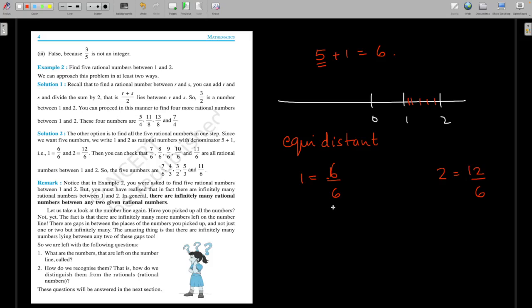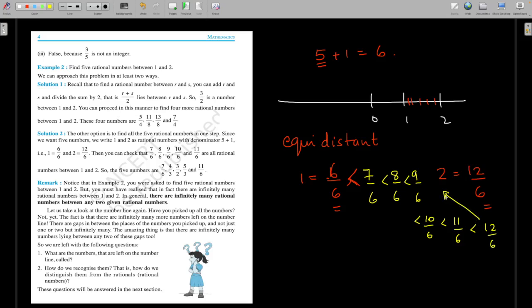So you can quickly see why we have chosen 6, because now very clearly 6 by 6 is strictly less than 7 by 6, is strictly less than 8 by 6, is strictly less than 9 by 6, is strictly less than 10 by 6, is strictly less than 11 by 6,